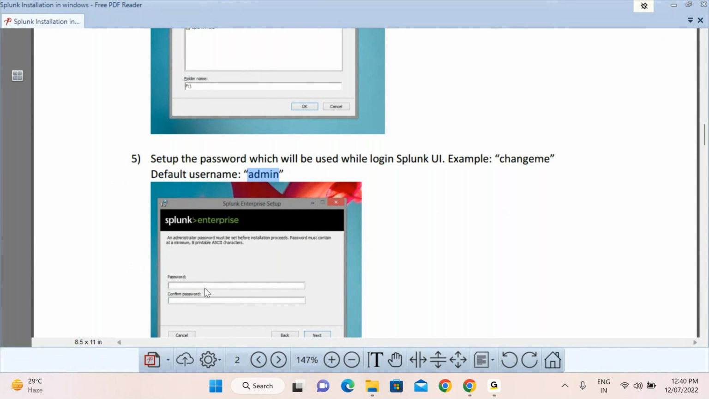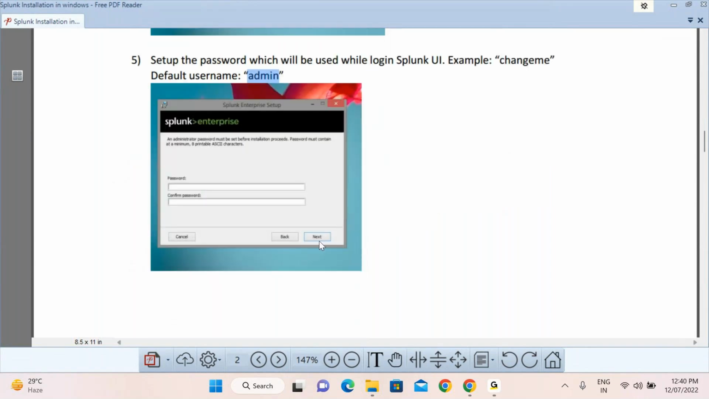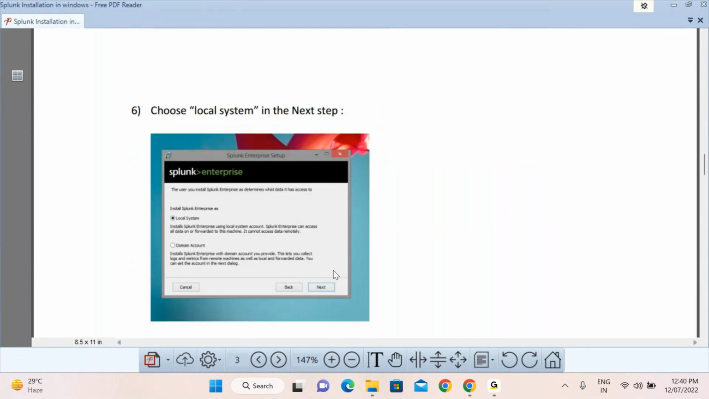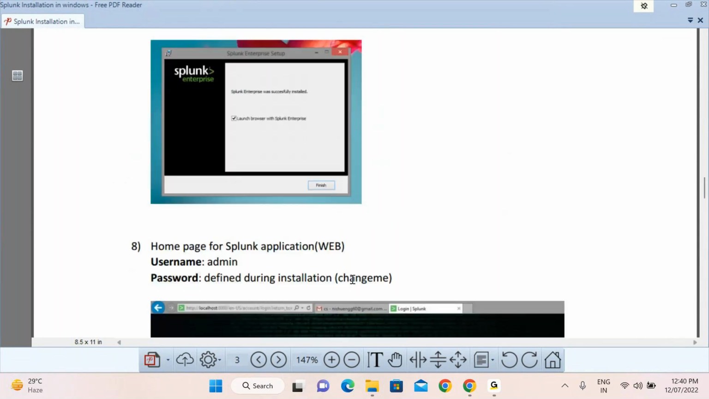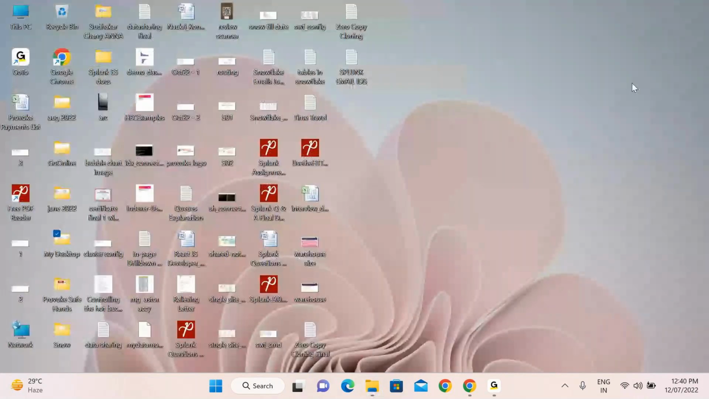Once it is done, it will check for the next, and it will ask for the finish, and finish it. So once you click on finish, the Splunk software will be installed on your laptop. And once you have installed the Splunk software on your laptop, then if you want to open it, you